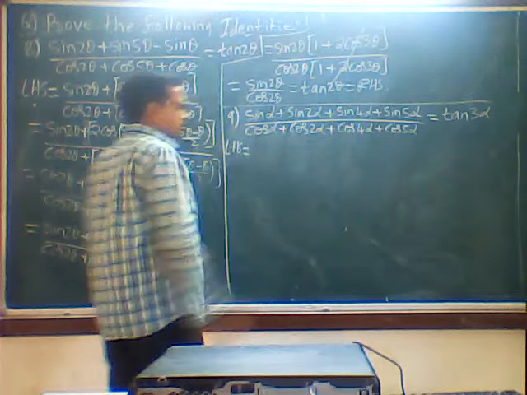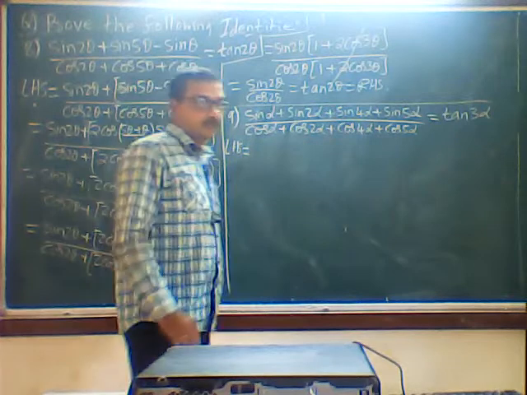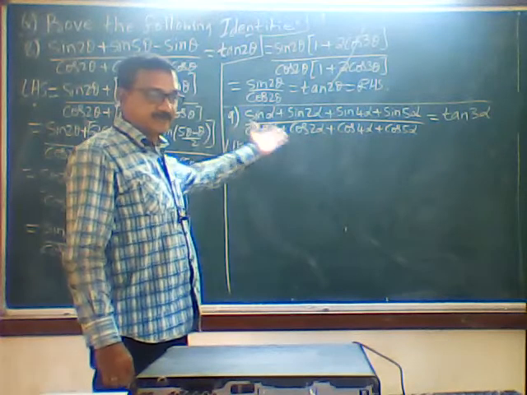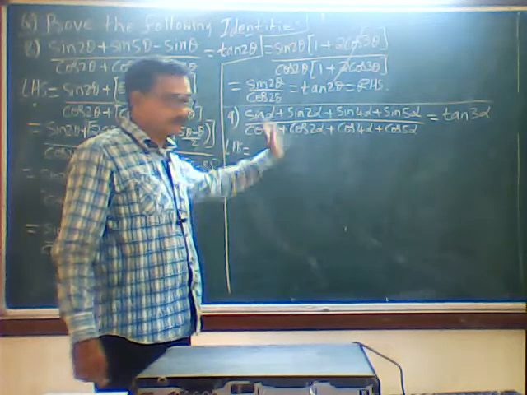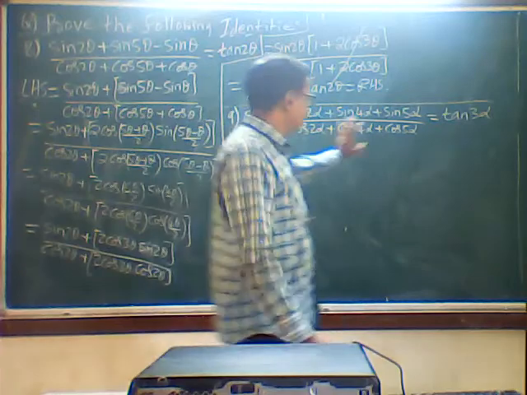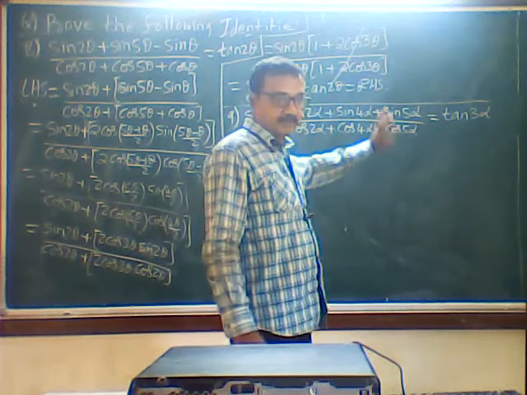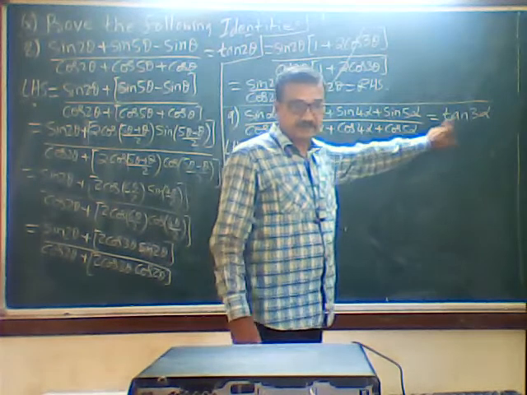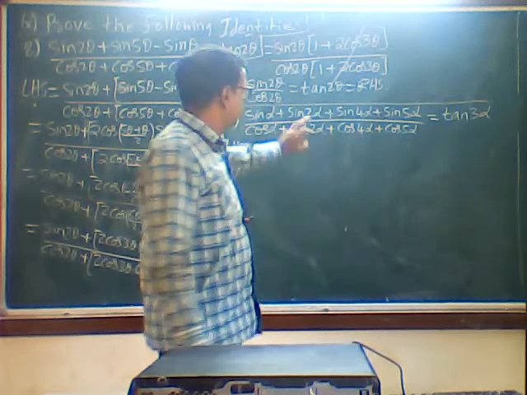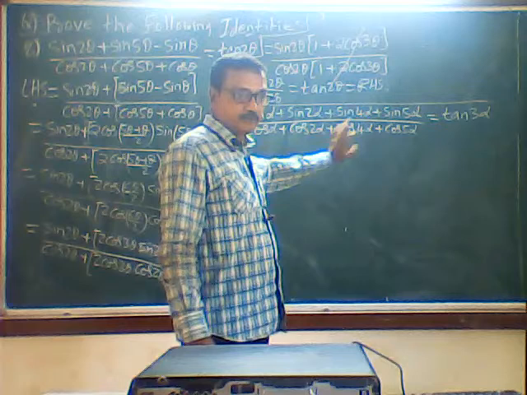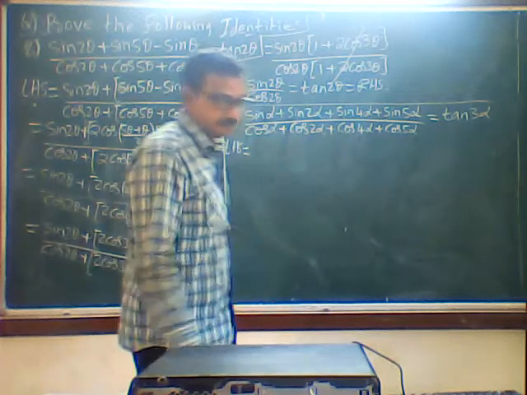So now what will we do? C plus D will make a combination. Sometimes you can see it and do it, otherwise sometimes you have to search. How to search? You have to take common terms here. Alpha plus 5 alpha, 6 alpha divided by 2 is 3 alpha. The answer has angle 3. Here also 2 plus 4 is 6 divided by 2 is 3. We will go with that.